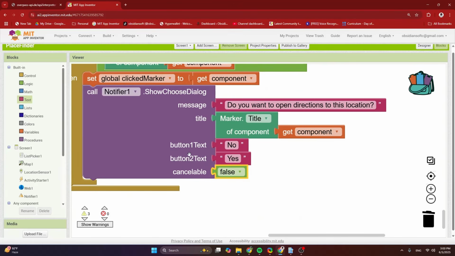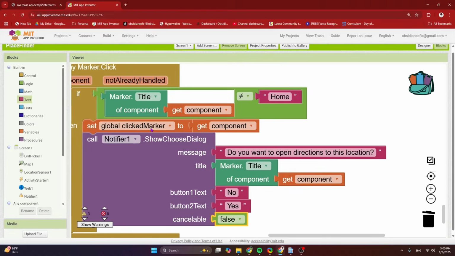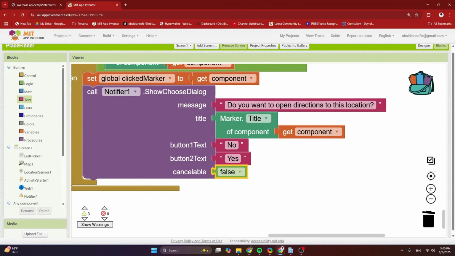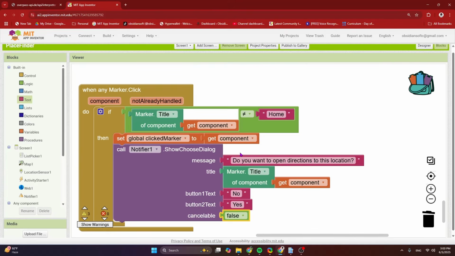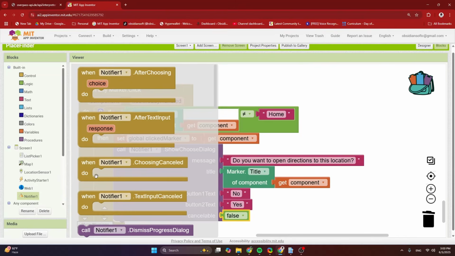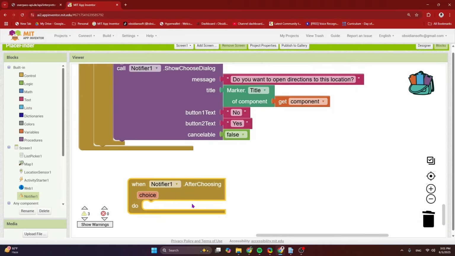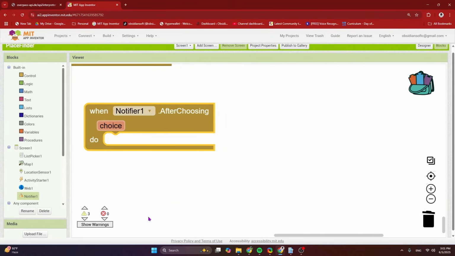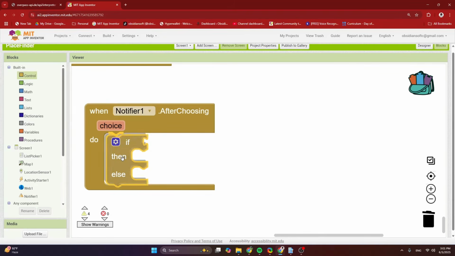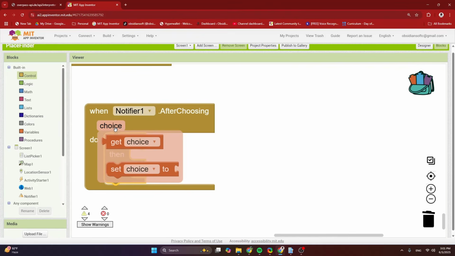Now when the user chooses something inside the notifier's choose dialog, the notifier's after choosing event is triggered. And here I am going to check using the control if then else block, and in the if I'm going to check if my choice is yes.